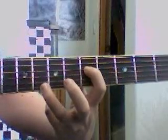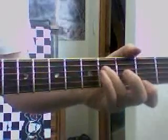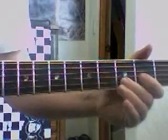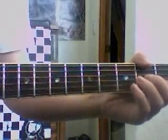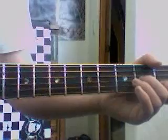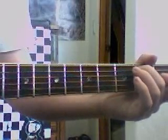and 5th, 8th on the 1st, 5th on the 4th, 5, 8, then another chord, 2nd on the 1st, 4th on the 4th, 3rd on the 2nd, 2nd on the 3rd, 2nd on the 1st, chord of open high E and 3rd on the 4th, 1st on the 2nd, 2nd on the 3rd, 1st on the 2nd, hold it, open high E, 1st on the 2nd, 2nd on the 3rd, then another chord of 2nd on the 5th and open